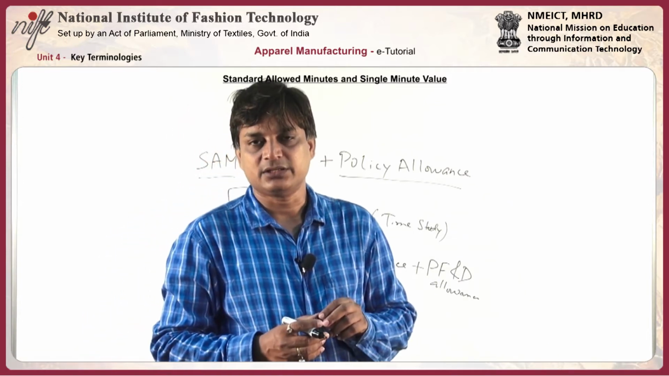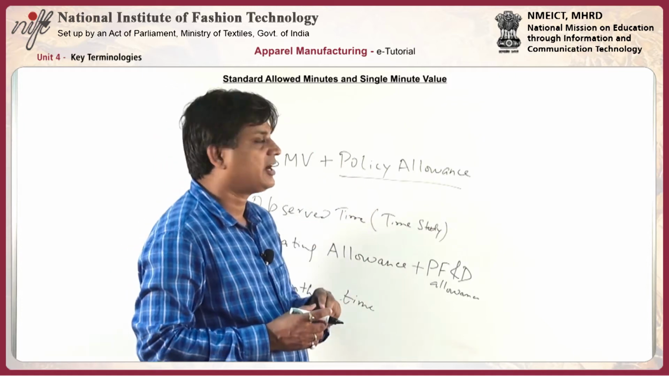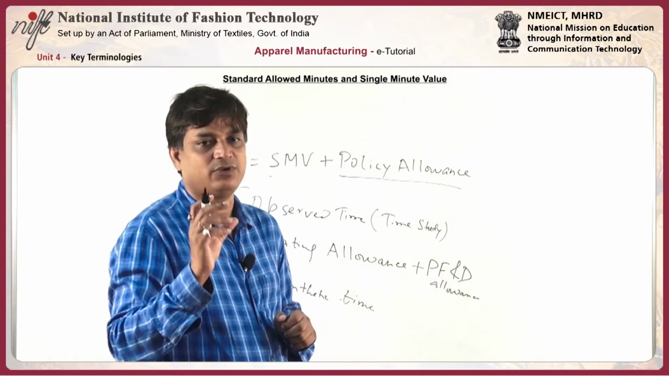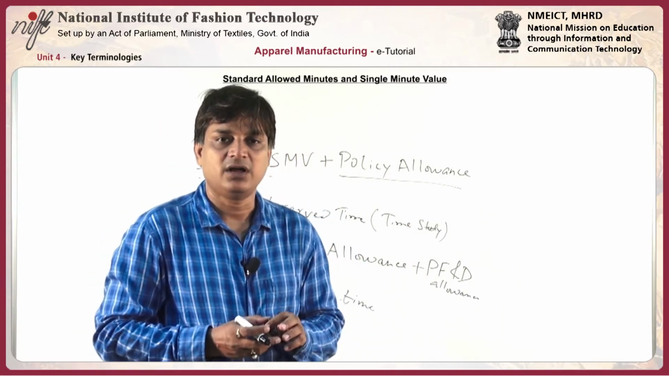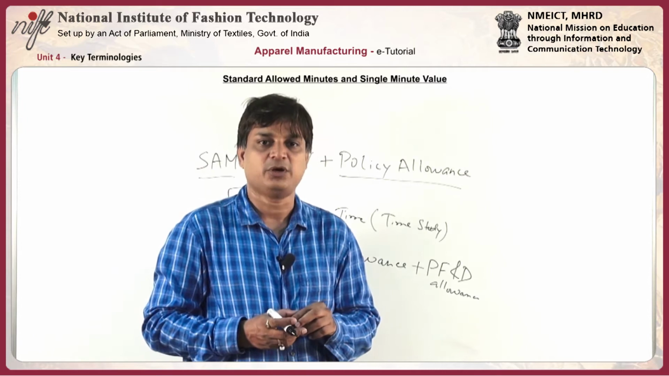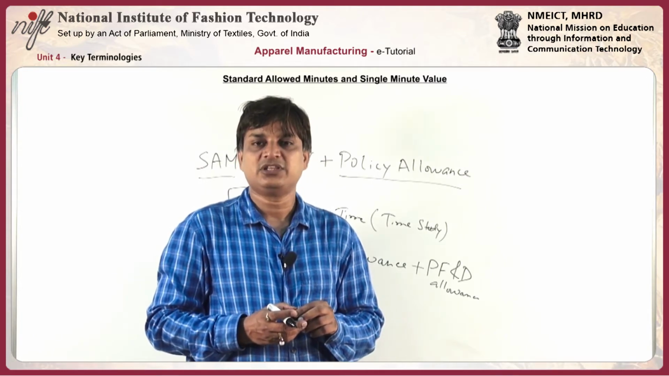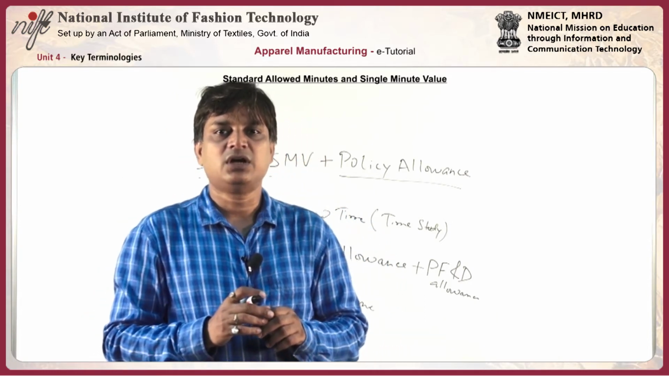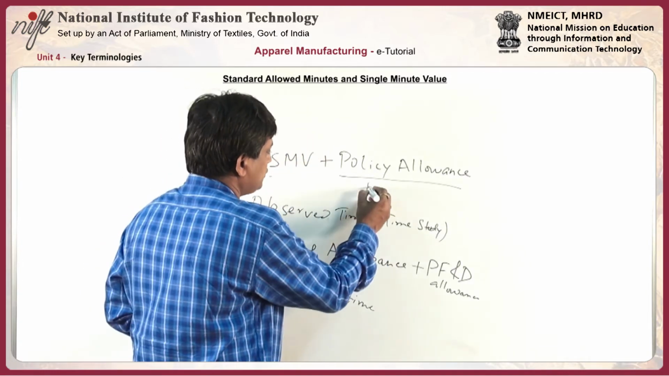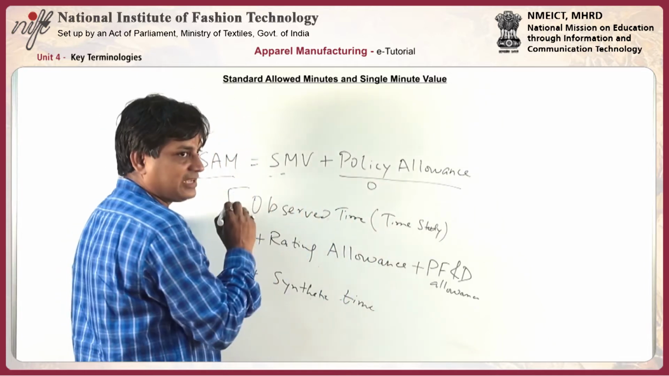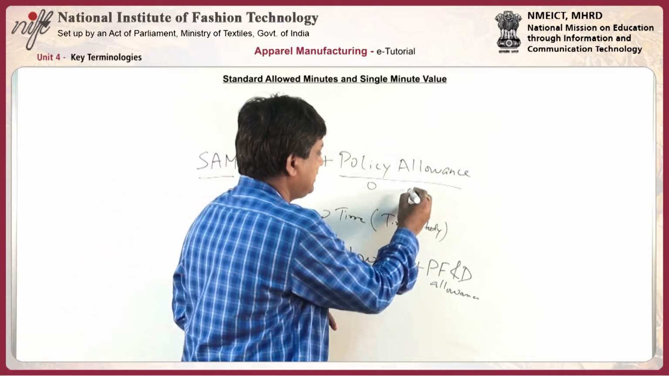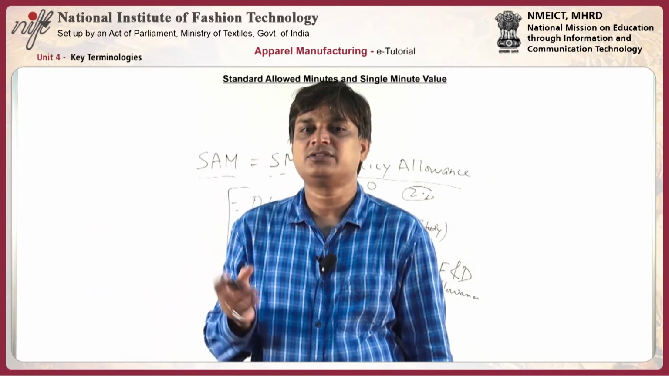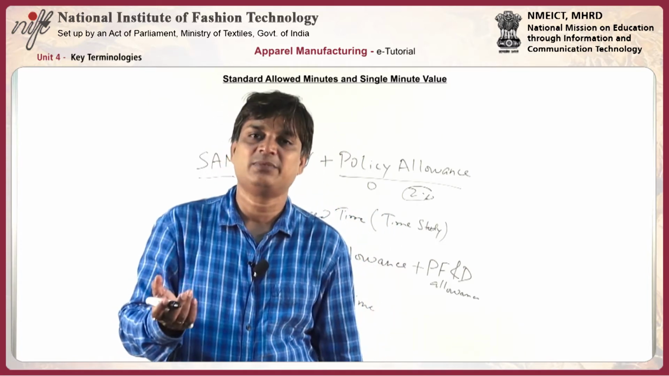decided by the management, that is, how much we are going to add on top of SMB, how much policy allowance a factory wants to give to ease the target of the operator. But at any cost, the policy allowance should be minimal. If the policy allowance is 0, then the SAM and SMB will be the same. If the policy allowance is 2%, the difference between SAM and SMB is only 2%. That is the minimal allowance we give as policy allowance, and it is decided by the management